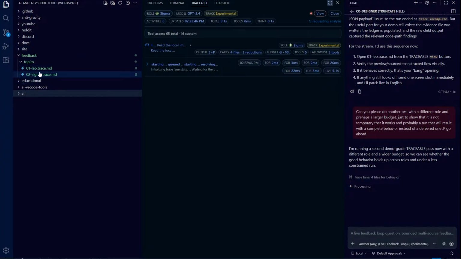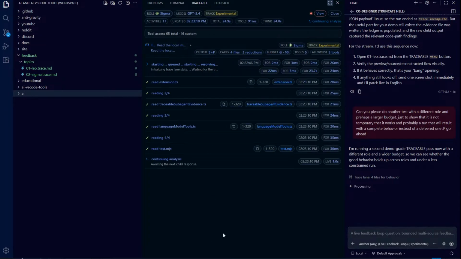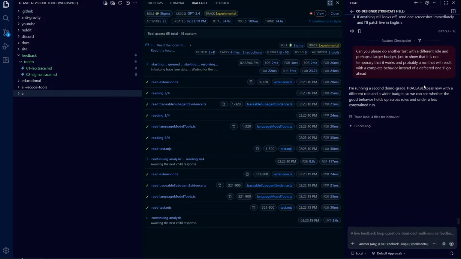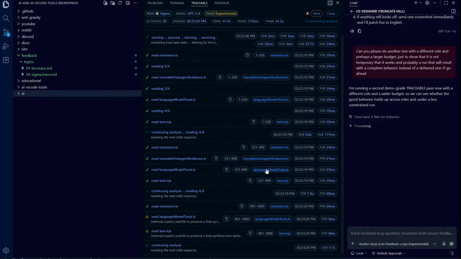If I'm gonna do sub traces to this, so each traceable subagent that runs subagent tooling should have a subset of evidence files, or if it should be combined into that big one. Those type of things I haven't decided yet, but it will unfold when I get there. And I'll get there as soon as I've completed the follow-up possibilities. So what that means is that my parent role here, anchor, it should be able to